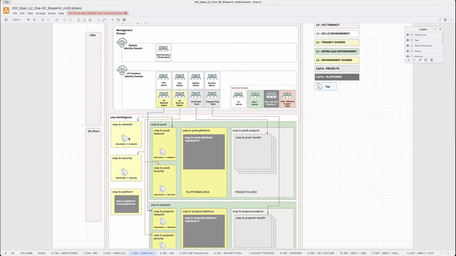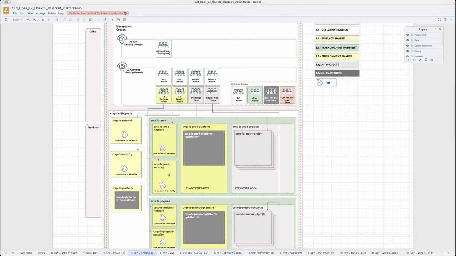If we talk about networking, this means the spoke network will be deployed here inside the production. We can also have multiple spoke networks. We will talk about that in the next session. The spoke networks are all connected to a DRG that is located in the hub, with routing established to send all the traffic outside of this spoke through the hub and through the firewall. Then again, we have a security compartment,